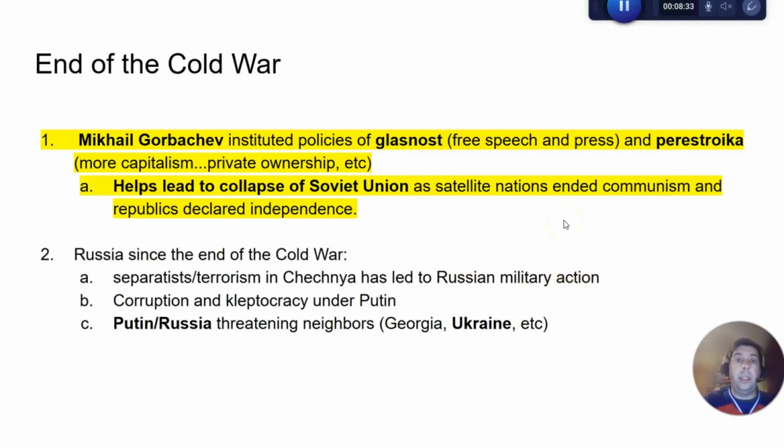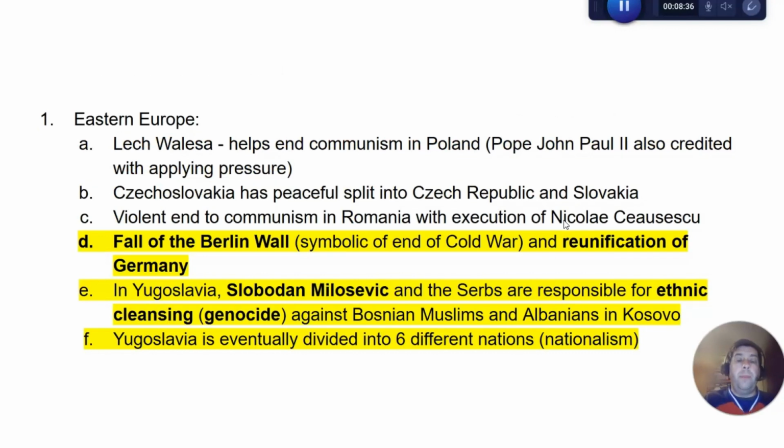All right, continuing on. Couple other things we'll talk about here. The fall of the Berlin Wall and the reunification of Germany symbolize the end of the Cold War, a good turning point. If you need to write about a turning point on one of the short answers, and they give you documents related to the fall of the Berlin Wall, the collapse of the Soviet Union, the end of the Cold War, you could say those are all turning points. Again, the Regents uses that one sometimes.